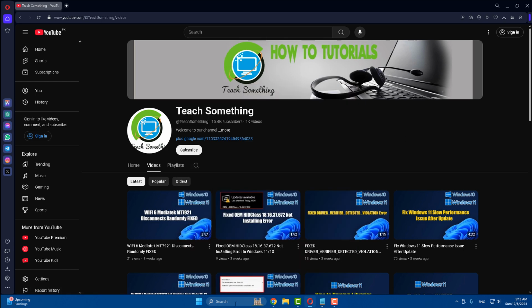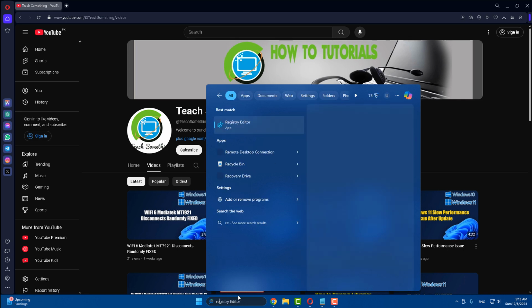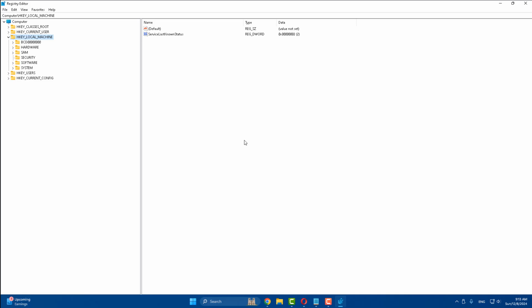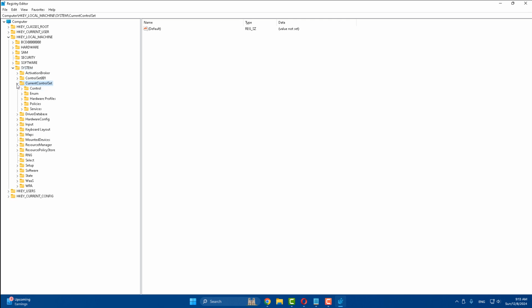The second method is that in the search box type registry editor. Open Registry Editor, right click, run as administrator. After opening that, first of all select HKEY_LOCAL_MACHINE and expand it. After that select SYSTEM and expand it. After that select CurrentControlSet and expand it. Select Control,